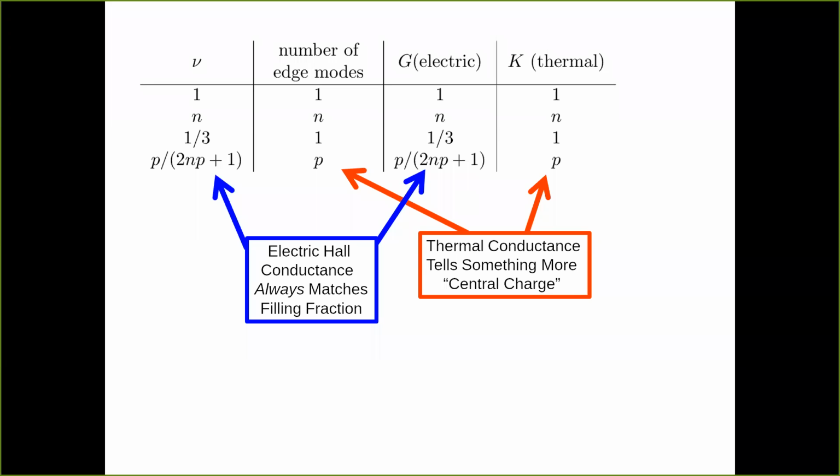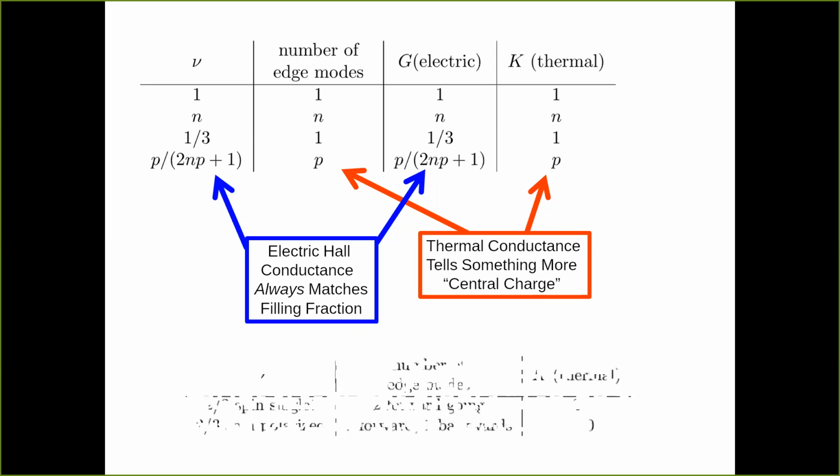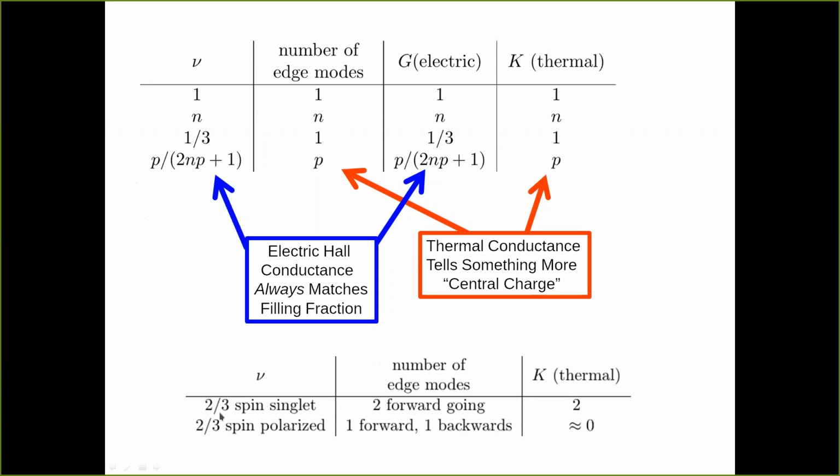Now, there's a couple of reasons why it might be interesting to try to measure the thermal conductance of a state. Here's a particularly interesting example. What is known experimentally is that there's a quantum Hall plateau at filling fraction nu equals 2/3, but there's at least two things that could be giving us that plateau. It could be a spin singlet, or overall spinless, quantum Hall state, or it could be a spin polarized, or spinful, quantum Hall state. Now, these two both would give the same electrical Hall conductance, but they would give different